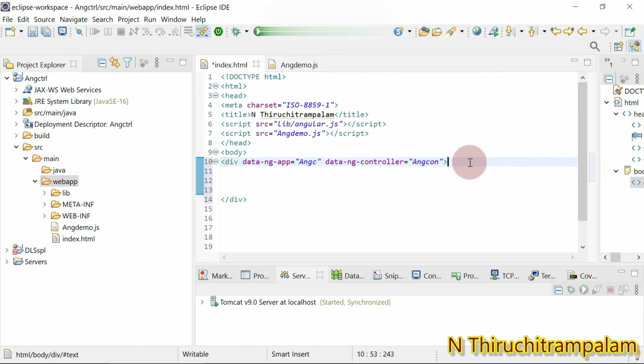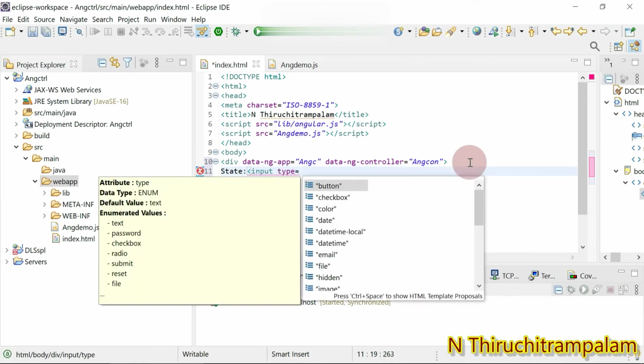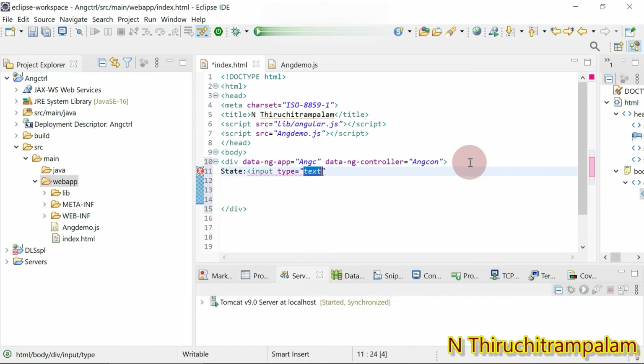Okay, now within this, I give a text label state colon. Whatever I give here would be printed on the web page. Now next to this, I use the input HTML element, with type equal text. We are going to create the text box.